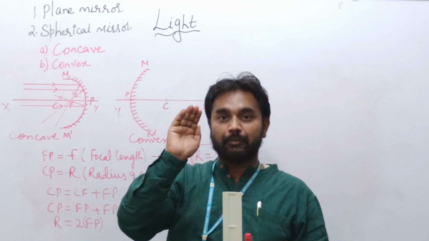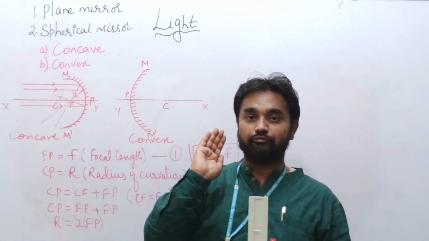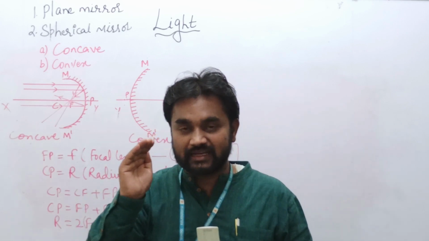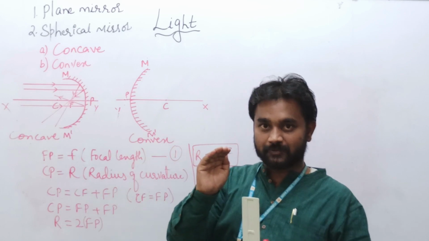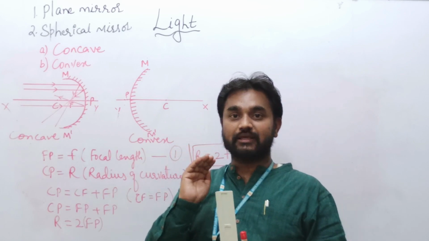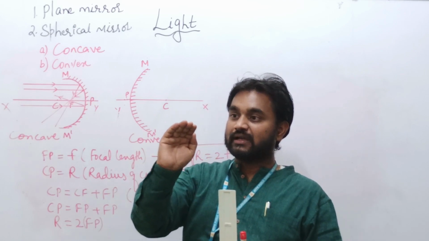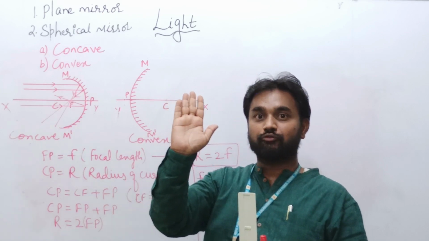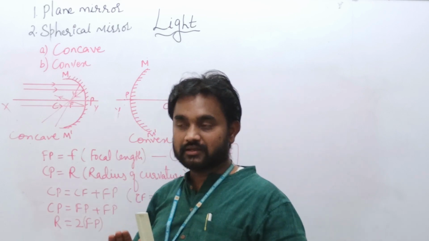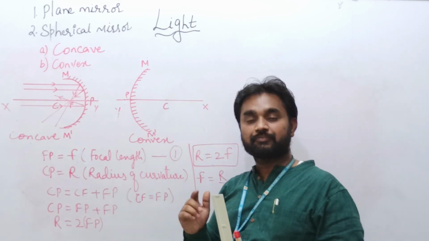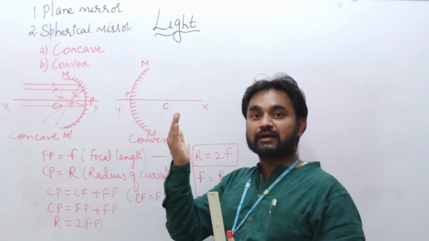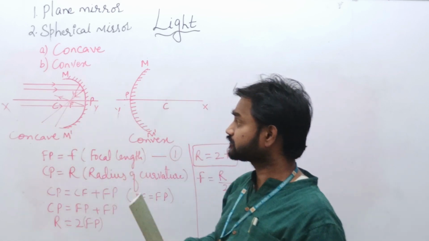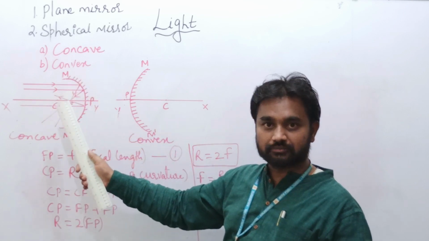And aperture is inversely proportional to the focal length. So if the curvature increases, then focal length decreases. The focal length for the plane mirror is infinity. So if you decrease the curvature, it is going to become flat. That means focal length is increasing. So lesser the aperture, greater is the focal length, and greater the aperture, lesser is the focal length. This you should remember. I hope you have understood all the terminologies here.